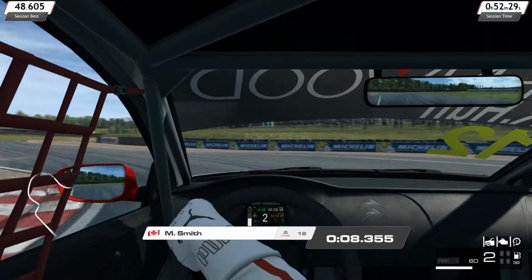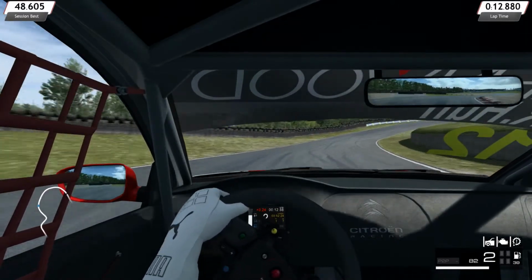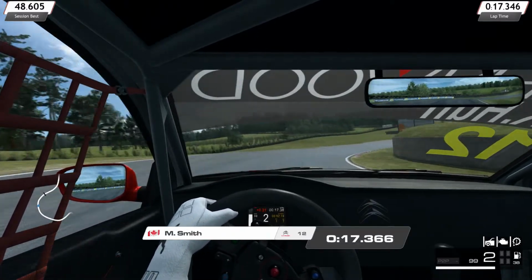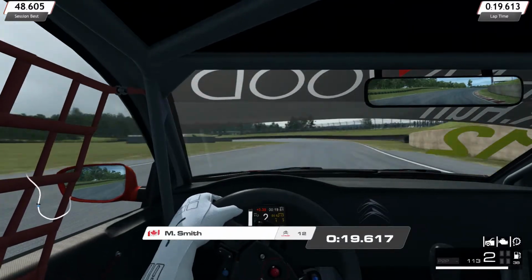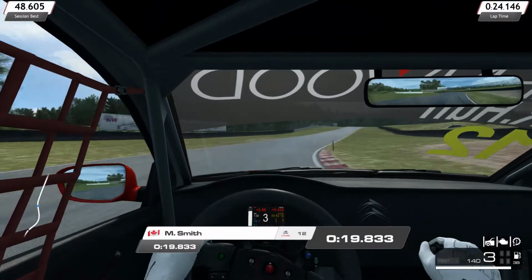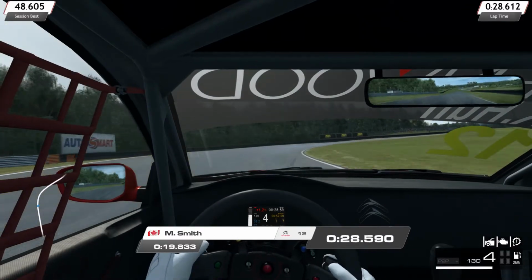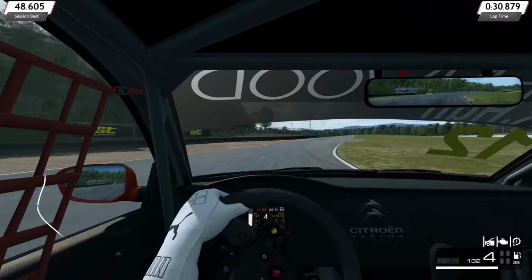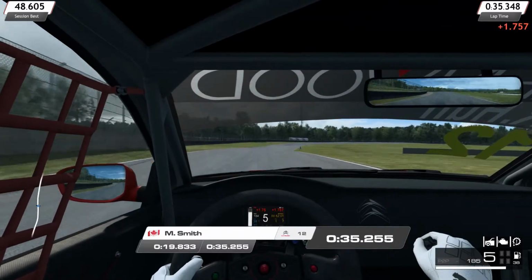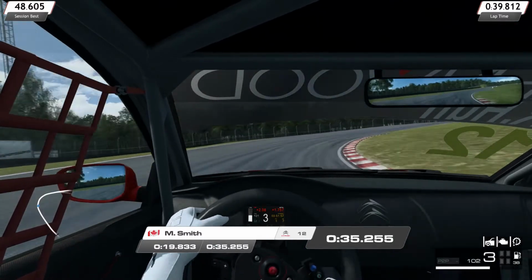Like I said, I tried all different classes here, and what's interesting is that it's kind of an equalizer track. What I found was it's not necessarily a horsepower battle. There's not great distinctions. For example, the high horsepower rear wheel drive cars like a GT3, GT2, trying to think what else. There's something else that I tried. It's not coming to me right now, but there was